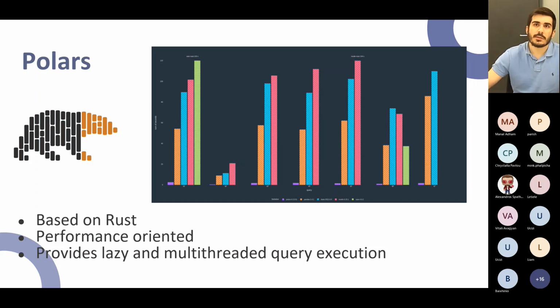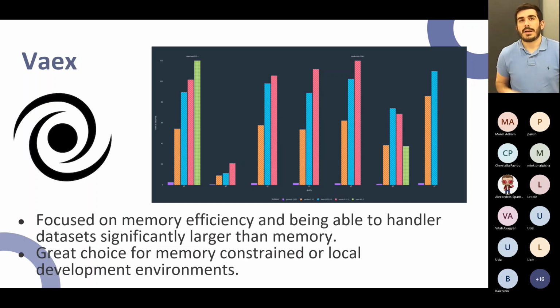A second alternative is Vaex. Vaex has a different focus, and that's on memory efficiency and being able to handle larger than memory datasets. So this is when a developer has to, for example, work on a huge dataset locally on his laptop or on his workstation, which may not be as big as a big server, let's say. They can use Vaex, and